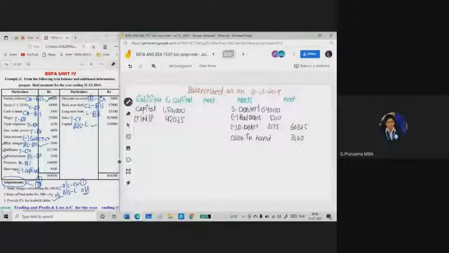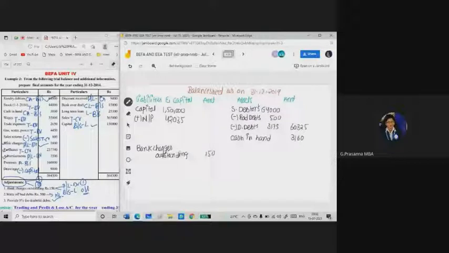Here I will leave some space, because if any working related to the capital is there, we need to do it. So here I will be writing bank charges outstanding. What is the amount of bank charges outstanding? 150 rupees. We have repeated all these entries 2 times. Here also see, bank charges outstanding 150 I have taken, write off bad debts 500 I have taken here, and provide 5% for doubtful debts also we have taken here. So all the adjustments we have repeated 2 times in the final accounts.